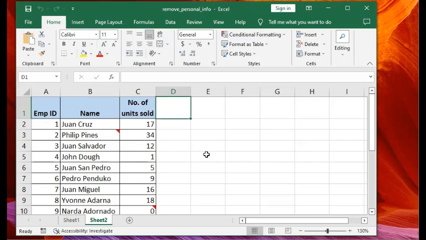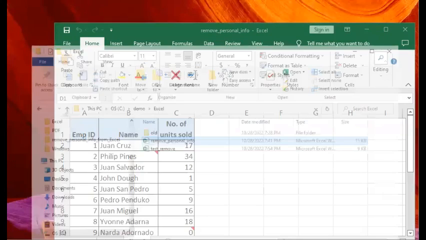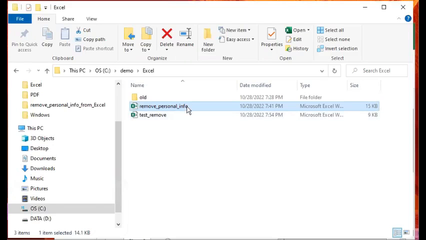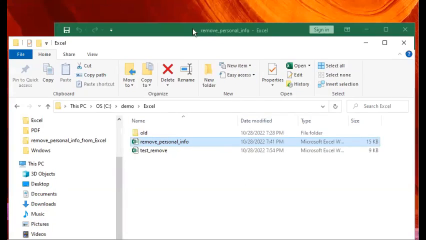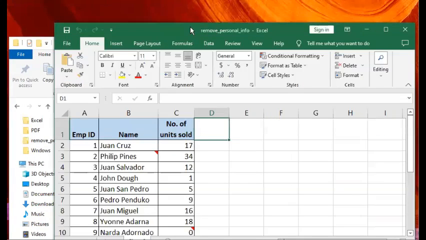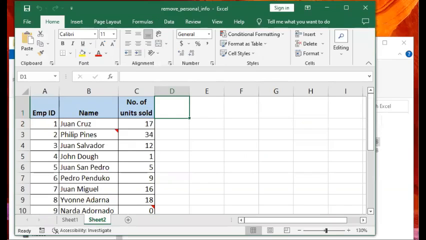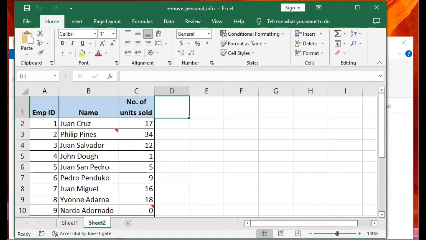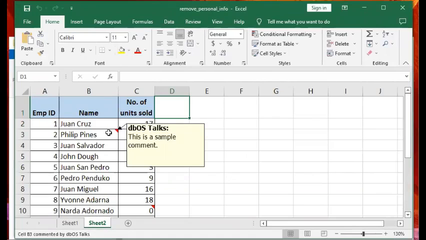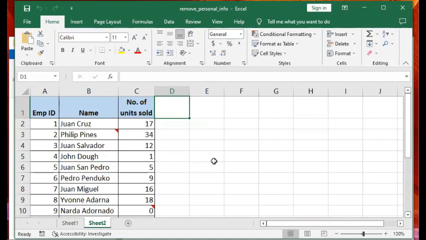So as you can see, let me get back to that file. If you point at this file, you can see it says authors, DBOS docs. So it has the same personal info, like the previous file we worked on. The other thing is that when you open this file, as I said, there are 2 sheets. You will also notice that there are comments in here. So you see, these are comments in Excel